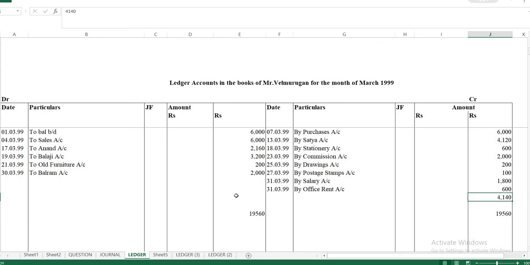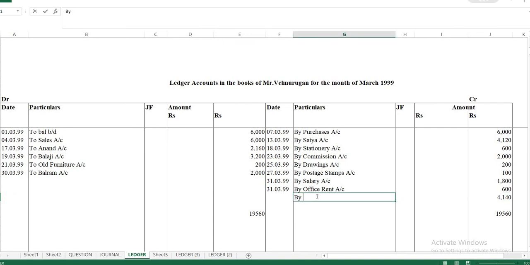Which side the difference comes on, sometimes you may get the difference on this side, sometimes on the other side, anything. But after posting all the entries, you total up the debit and credit columns separately. Write the higher side's amount, draw lines, and then subtract the lower amount from the higher amount. Wherever there is a shortage, there you just fill in the difference. If this side has none, you have to fill it in here. If this side has a shortage, you fill it up here. And you have to mention what you know.